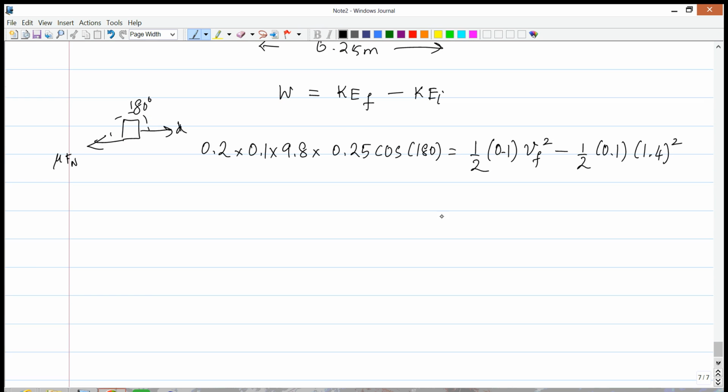Okay, let's combine all these terms. I'm just going to try to do a quick calculation. The 0.1s all cancel out, so I can get rid of 0.1, 0.1, 0.1. You can do your own calculation on this. I don't have a calculator right now, so I'm just trying to see if I can approximate it. So 0.1, 0.1, all those things cancel out. I have a 0.2 here, a 0.25, and 0.2 times 0.25 ends up giving me